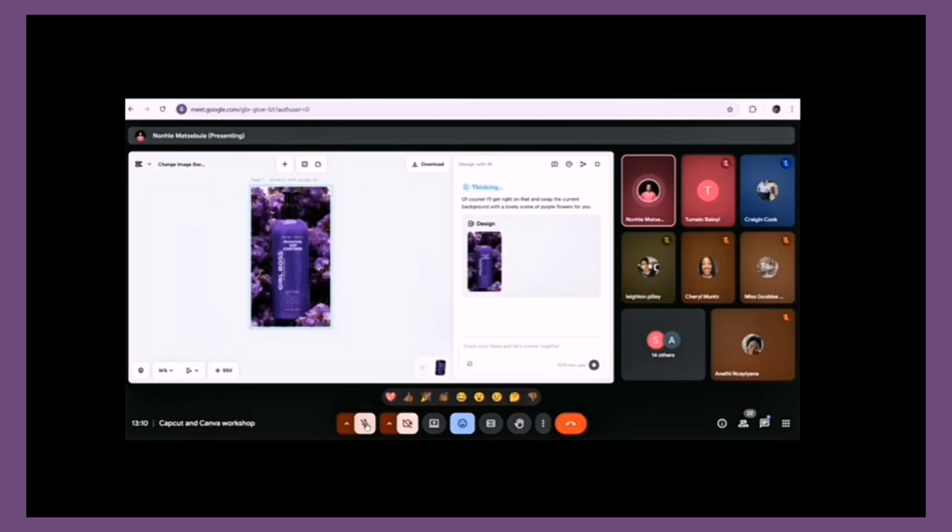Oh, this is so nice! Oh my goodness! I wish I had played around with the video, because you see, Canva, for example, can create a different background. But if I'm using CapCut's AI tools, it makes it seem as if I actually took this image in flowers, and it's not just changing the background. Imagine if I had asked it to create a video, for example, you'd see the video moving, or the image moving, or maybe the camera zooming into the product. Whatever instructions you give it, which we did yesterday on prompt engineering, would help dictate how the video is going to be